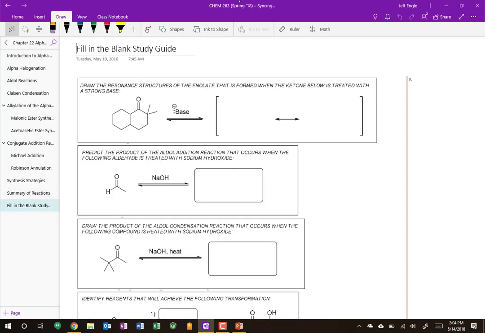If you want a fill-in-the-blank study guide, I pulled this from the study guide, and you can print this off and fill it in as just a study aid. But really, just doing more problems from the textbook is the best way to study for the exam. What I've given you